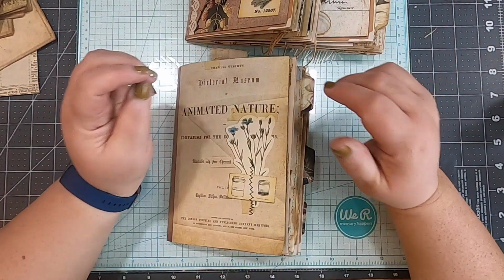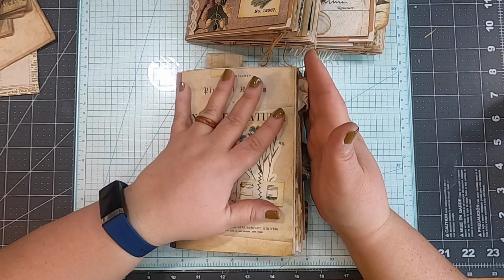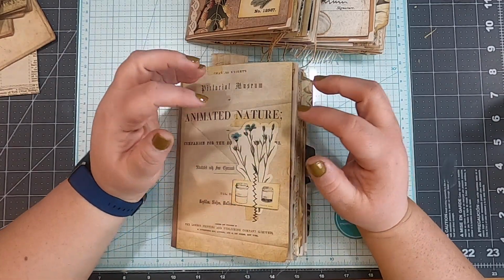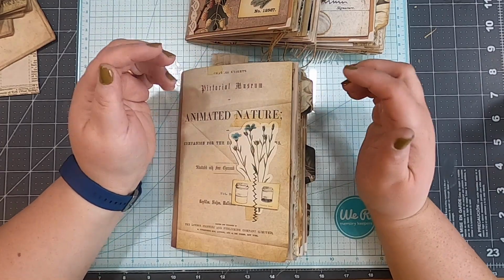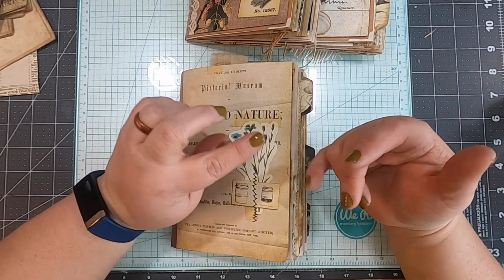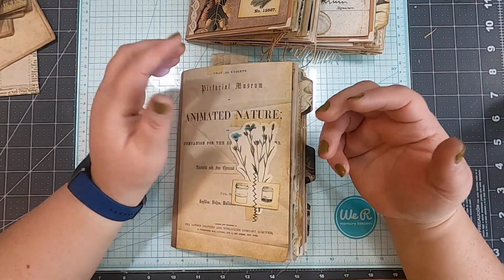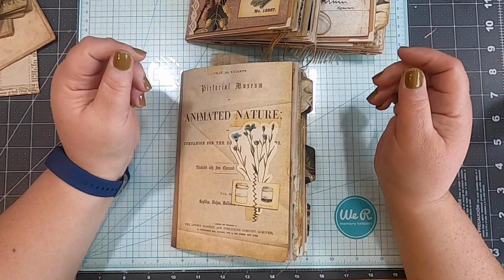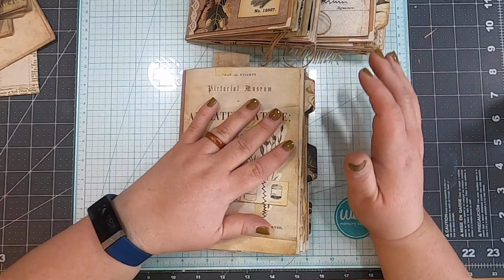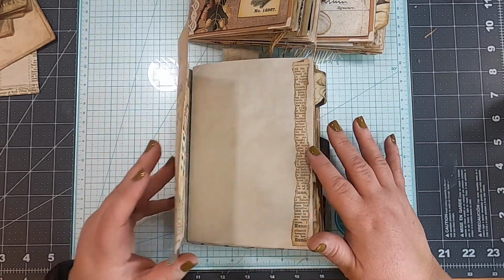This is why I don't sew my signatures in before I decorate, because I just know myself and I know I do the most. So if I had sewn these in and then started going at this, I would have either A, not embellished as much, and I kind of like that embellished look, or B, I would have made them too chunky and I would have ended up with a super fat, wide alligator mouth journal. So what we're going to do now is you got to be brutal,